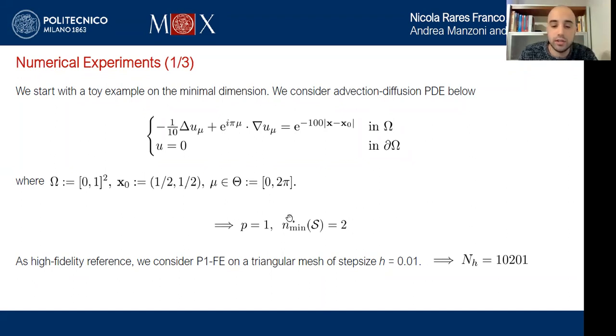So I don't have injectivity, and the short answer for why the minimum is 2 is that the solution manifold is homeomorphic to a circle, and the minimal dimension of a circle is 2 because you cannot draw a circle inside a line. You cannot draw a circle in R, you need at least R2 to draw a circle. And so I'm going to use a high fidelity of